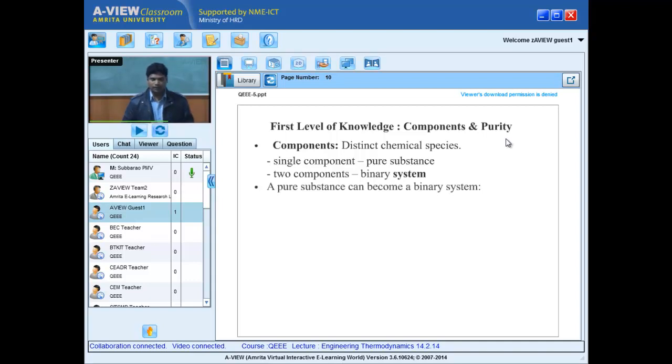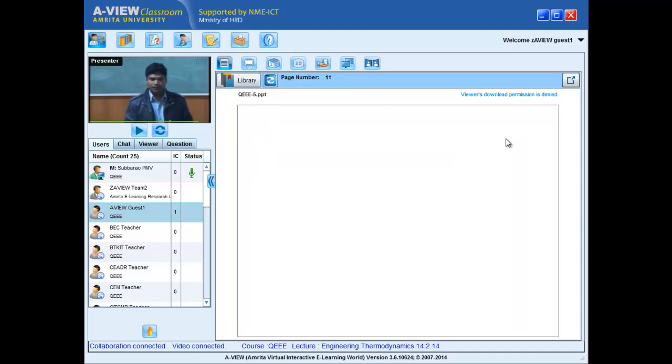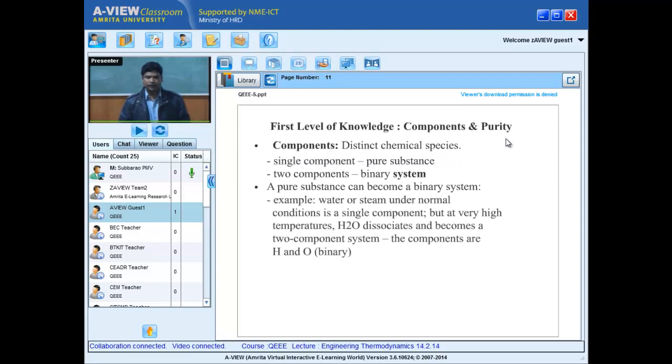As I said, a pure substance can become a binary sometimes, then you cannot say that throughout the process it is pure. I take H2O: if I go on increasing the temperature beyond 3000 degrees Celsius or 4000, somewhere in between it will create ions. Then you cannot say that it is a pure substance. That's why one needs to be careful. To start with, it may be a single component, but if you are ignorant, then something else is going to happen. People not realizing this and realizing this will have a great difference. Perhaps that example may be too early now. I'll take it a little later.